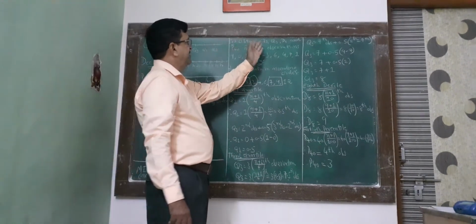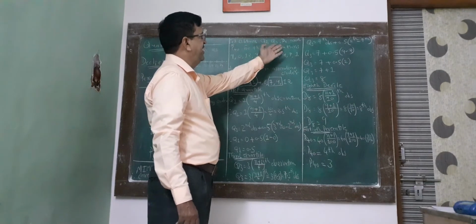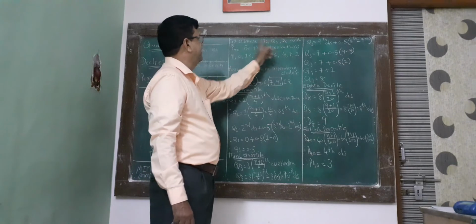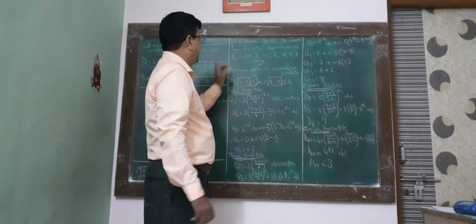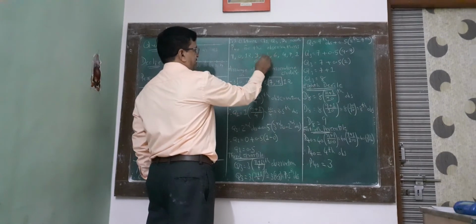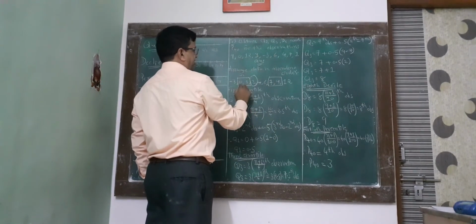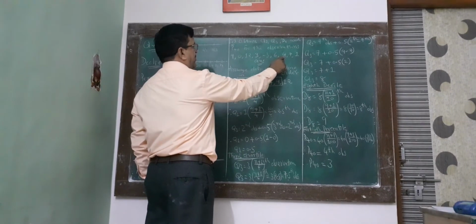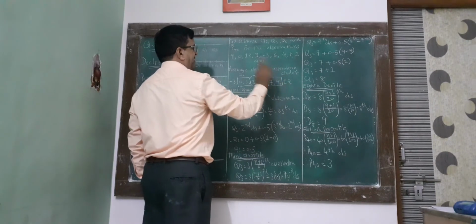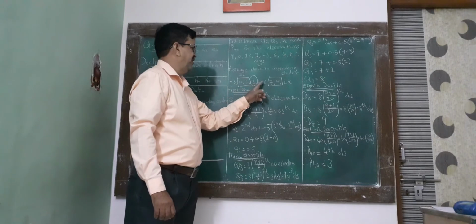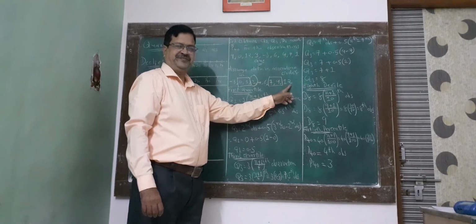So first example: find Q1, Q3, D8 and P40. So first quartile, third quartile, 8th decile and 40th percentile. First arrange the data in ascending order. At first comes -3, then 0, then 1, then 3, 4, 6, 7, 9 and 12. So the number of observations are 1, 2, 3, 4, 5, 6, 7, 8 and 9.